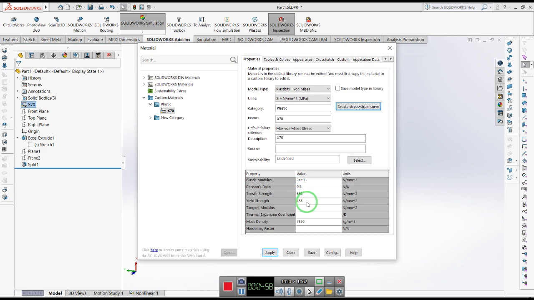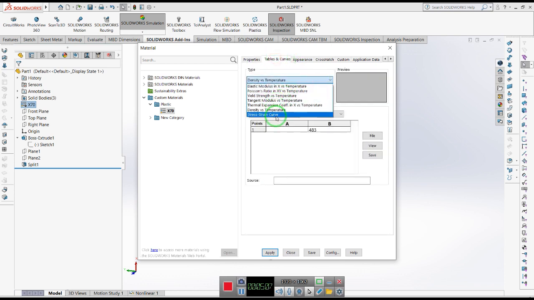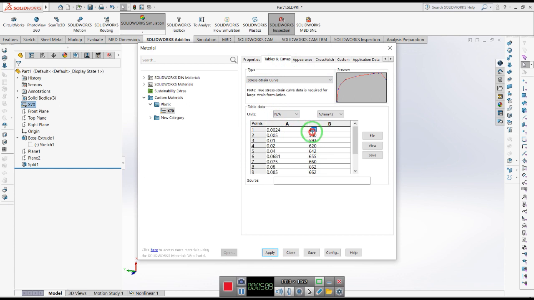As you see, my yield point is 483, and also this is 483. You couldn't choose 0 for the first point, because the yield stress is the first point of our plastic zone. Okay, click apply